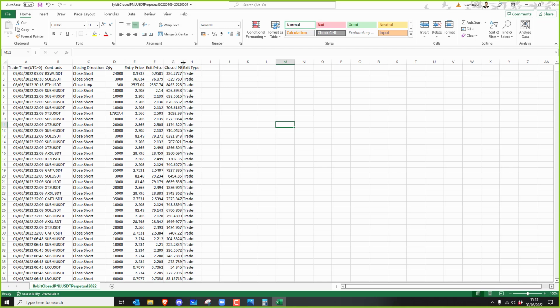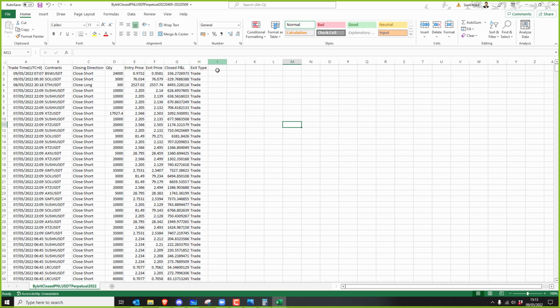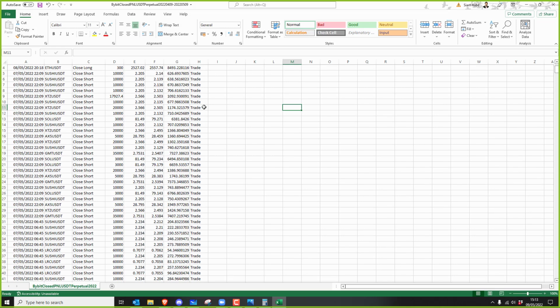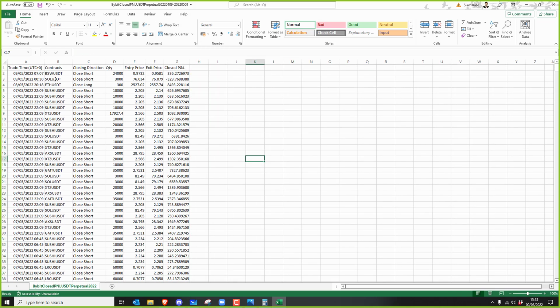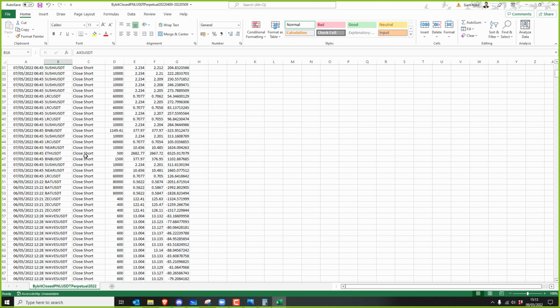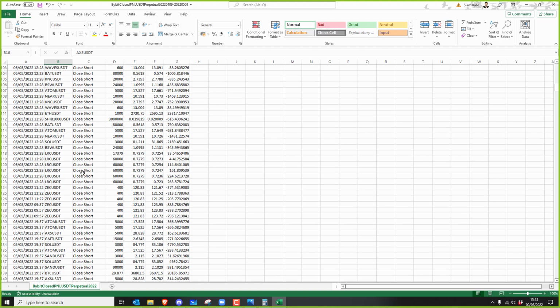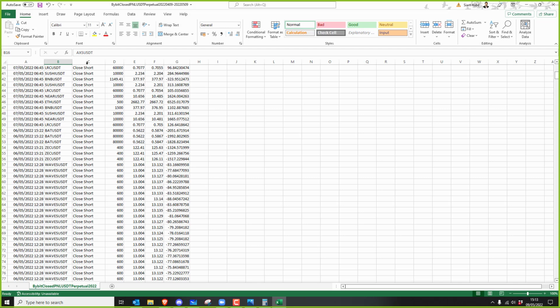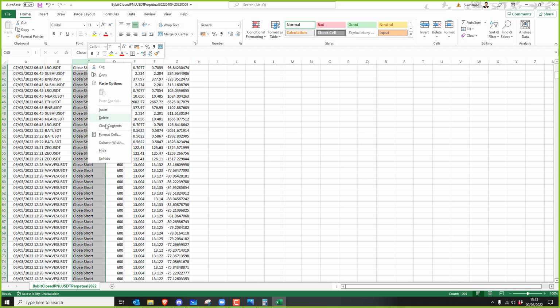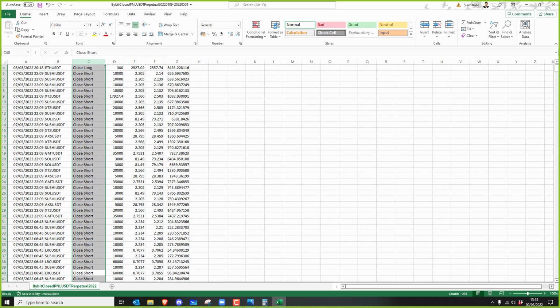When you're doing your own logging and seeing how things are going, you can get rid of some of these. For example, this trade column is irrelevant. Contracts, that's what you're trading, Tezos, Axie, time of the day, long or short, if you're looking for stats on how profitable you are between longs and shorts. These days everything is a bear market, so all of these trades are going to be short. So we can get rid of that column. Doesn't really help us.